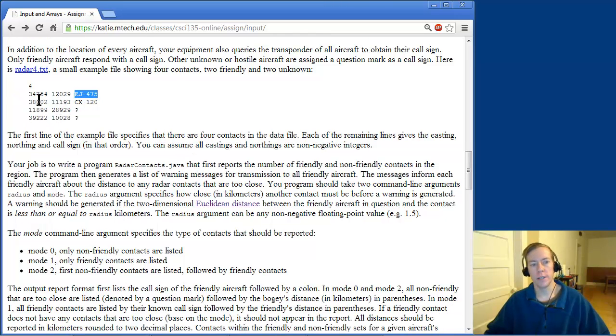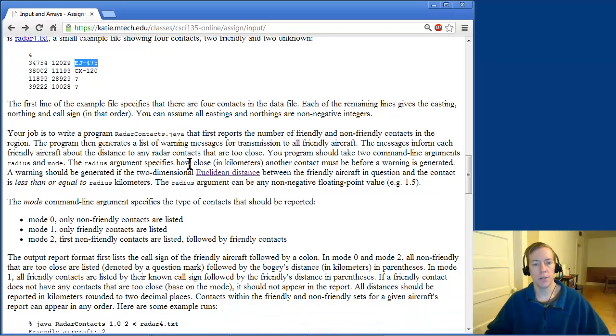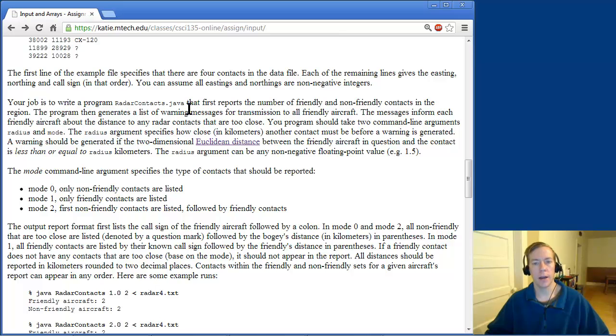You're probably going to want to read this information into some sort of arrays, because what your program needs to do is take two command line arguments. So this is an example of a program that's not only reading from standard input, but it's also getting some input from the command line arguments. You can do both in a program. It gets two command line arguments. The first is a radius specified in kilometers,